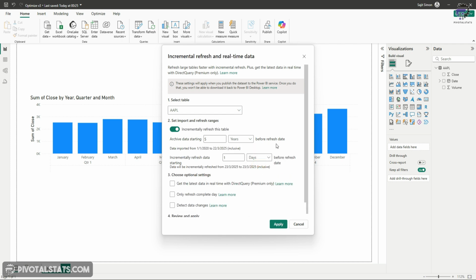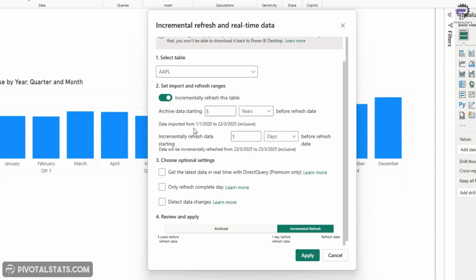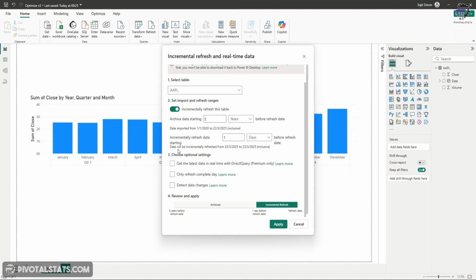Okay, so if you notice, archiving date starts from the refresh date. So the date when your data is getting refreshed, from that date for the past 5 years, the data is getting archived. The incremental refresh will happen for only the latest day, which is the current date. Okay, the date is also mentioned here. It says data imported from 1/1/2020 till 22 March 2025, and then data will be incrementally refreshed from 23 March